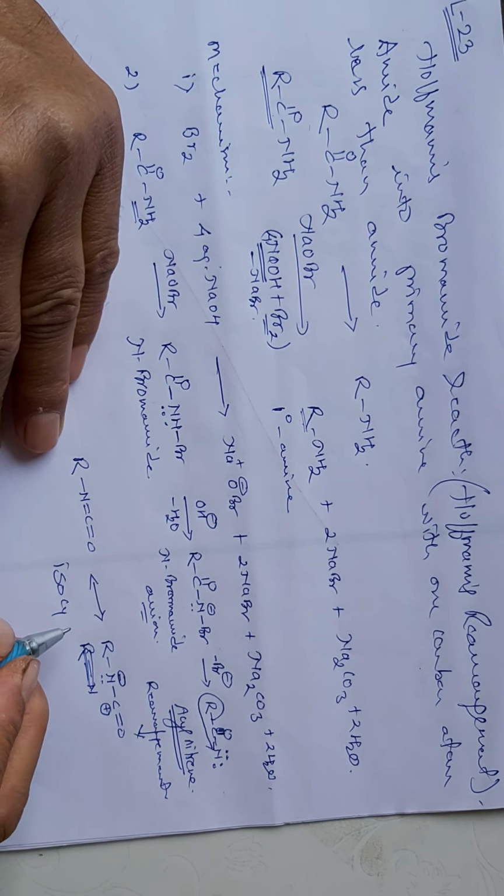In this reaction, the quaternary ammonium hydroxide undergoes thermal decomposition to form tertiary amine. The thermal decomposition of the quaternary ammonium salt, which is converted into hydroxide, gives the formation of tertiary amine, alkene, and water. These are the three products which are obtained by the thermal decomposition of the quaternary ammonium salt.